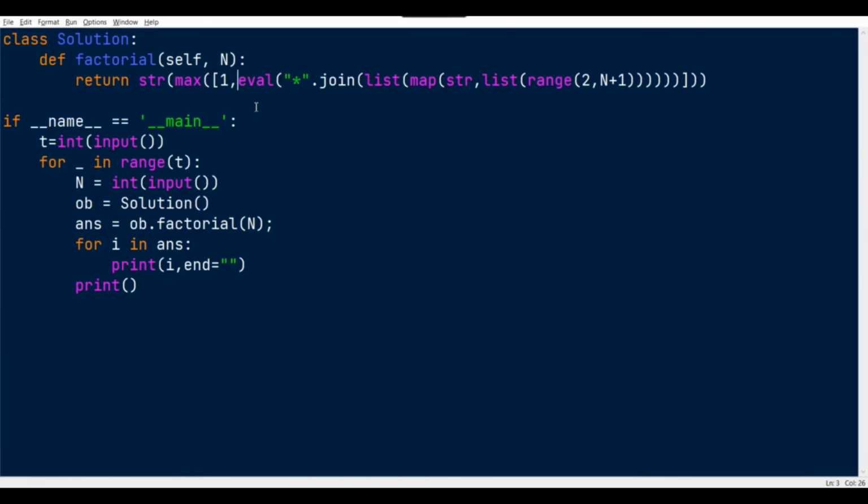What we can do instead is make the if condition here: return 1, actually string 1, if n is smaller than 1, else return this.